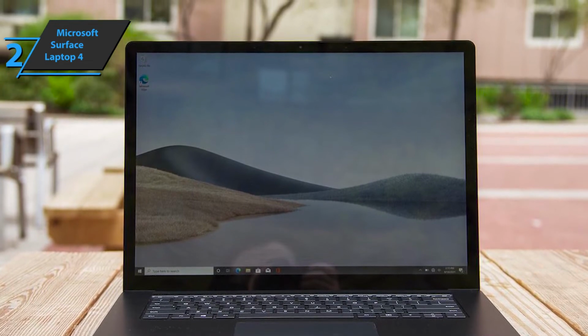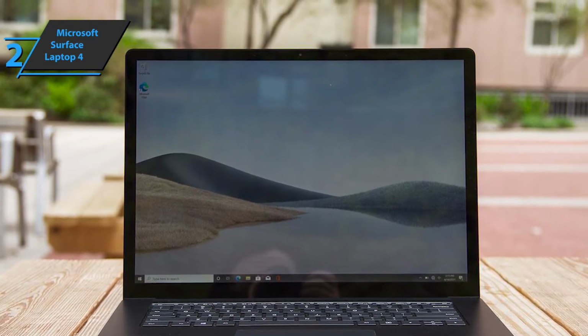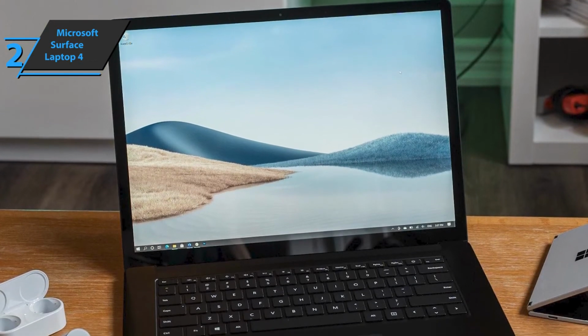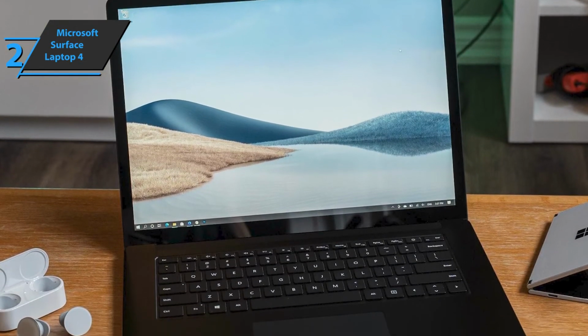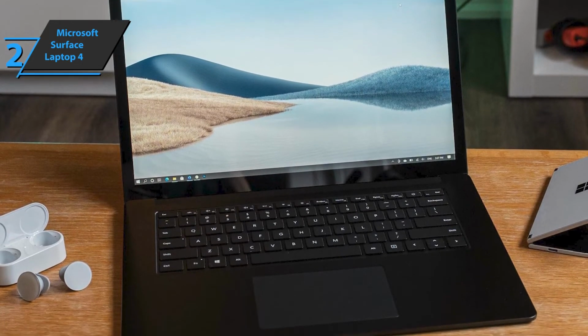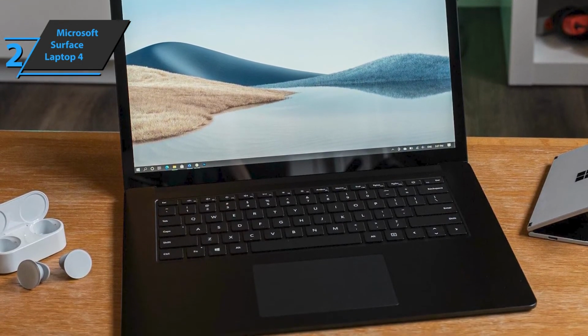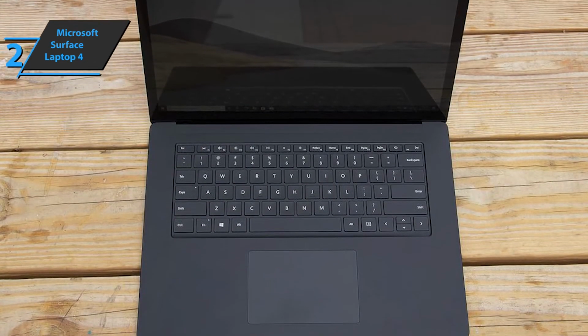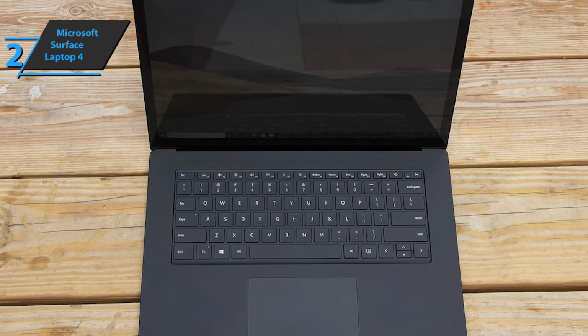Also, the Surface Laptop 4 is improved in other multimedia aspects, such as the audio department, where it integrates a series of microphones surrounding the webcam, which are responsible for collecting the sound of the voice and transmitting it to the other side of the connection. Windows 10 found its last shoe with Ryzen. Microsoft has taken an important step by switching part of its laptop to AMD's Ryzen processors with a special edition